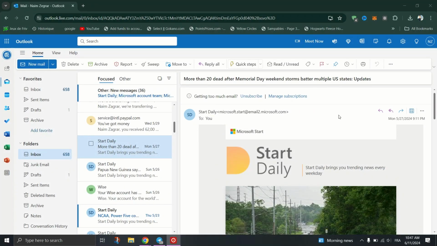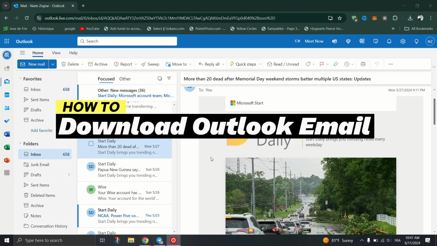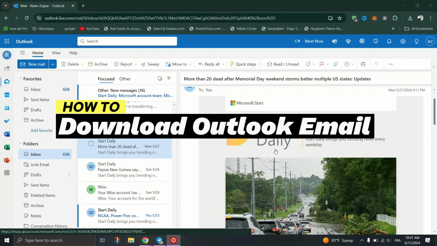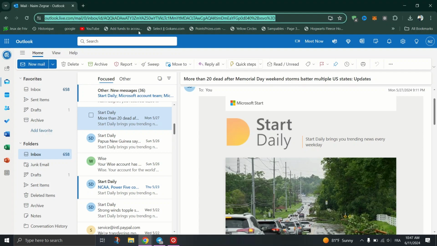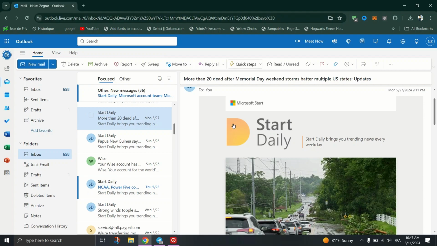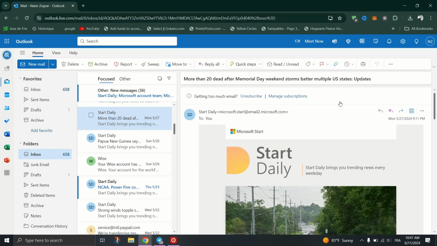In this tutorial, I'll show you how to download Outlook Mail on your PC. First, use your credentials to log into your Outlook account through your preferred web browser. Navigate to the email you want to download from your inbox or another folder, and double-click on the email to